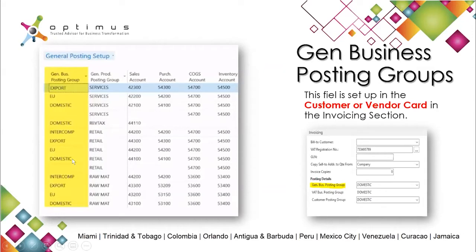But domestic in combination with the retail products that, as an example, I just purchase and sell, will be the 44,100. But as well, we have in this manufacturing company that we use as an example, domestic type of customers. When we sell raw material, we decided to select a new account, which will be the 43,100 for the sales. Why? Because it's critical for the company to select and not combine, in order to create